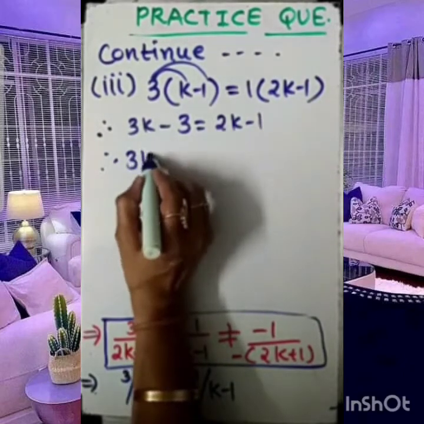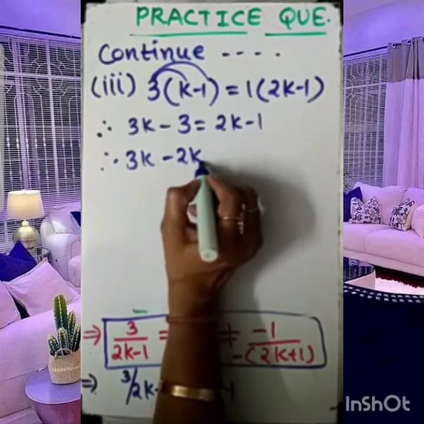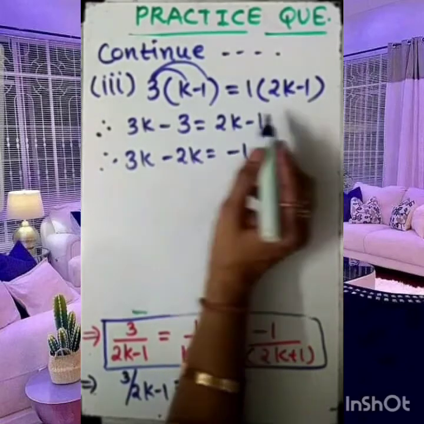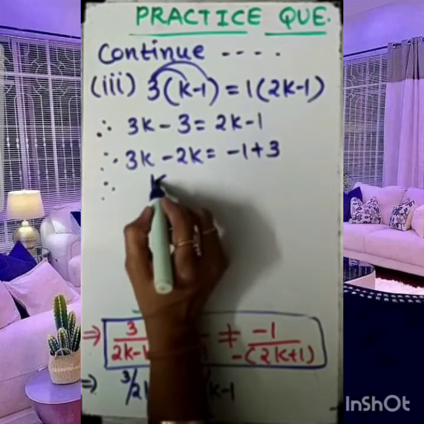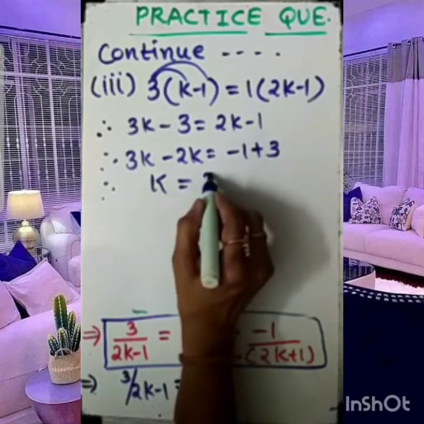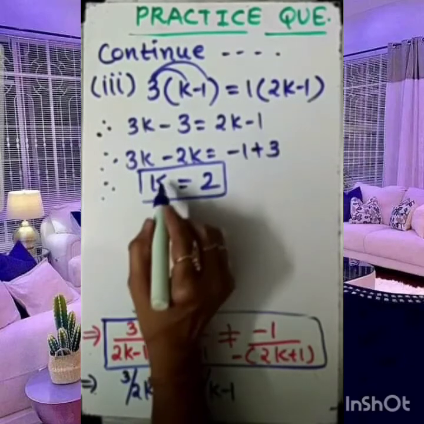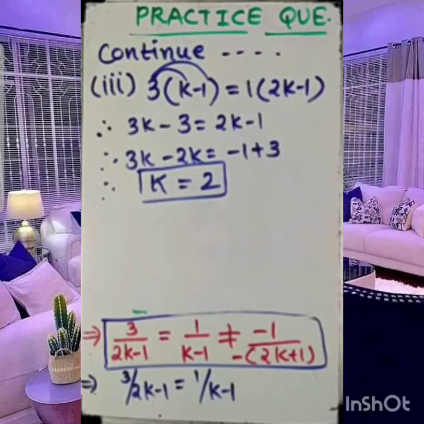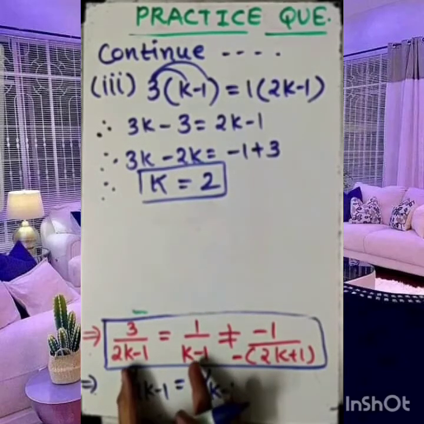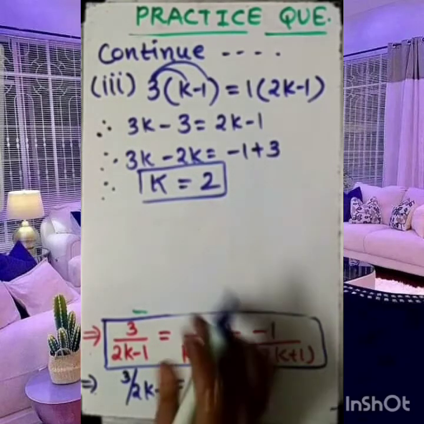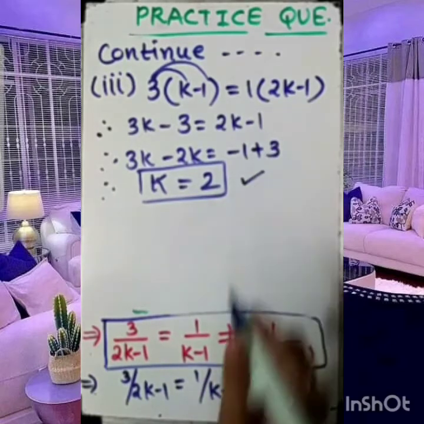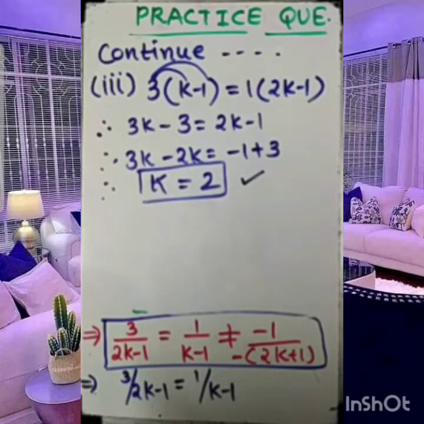So dear student, let me bring this 2k to this side, minus 2k. This minus 1 is already here, minus 3 I am taking to that side, plus 3. 3k minus 2k is k, minus 1 plus 3 is 2. So k equal to 2. This is the first solution, okay, through this result, after comparing these two. But similarly, we need to compare this also. This is the correct solution we are gaining, k equal to 2. So here actually bracket is not given, it's a 1 mark type of question. So the value of k we are gaining is 2.